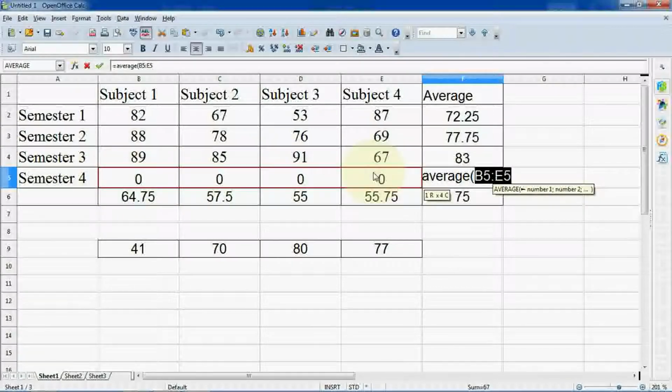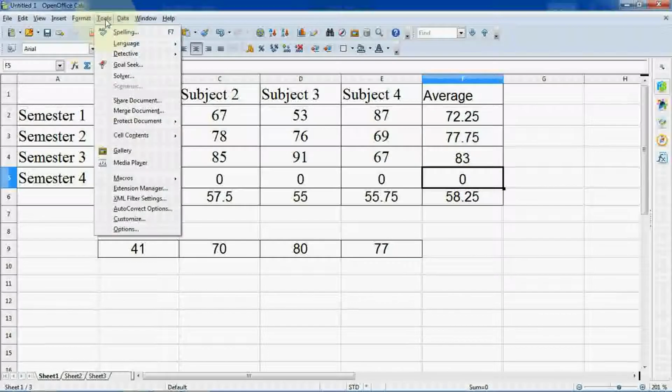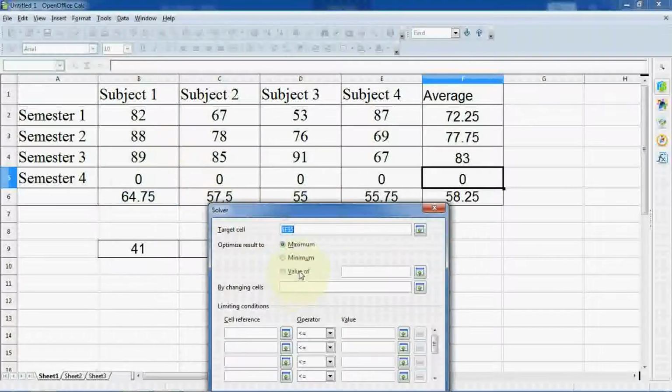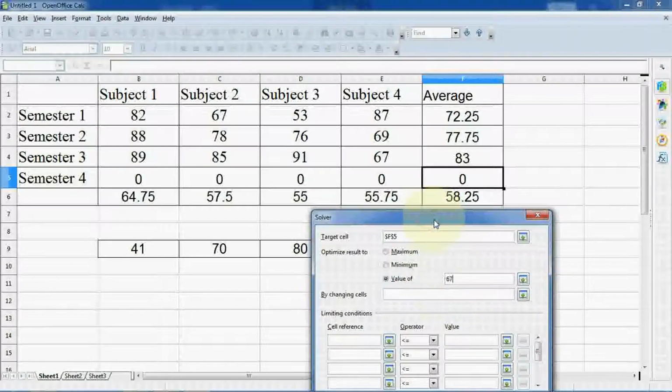Okay. So now I have entered the formula. So I just place my cursor in this cell, click on Tools and Solver. Now in this Solver, the value of this cell, which is 0 right now, should be 67. Here is the target cell, and now we know what value is required there for distinction, that is 67, by changing cells